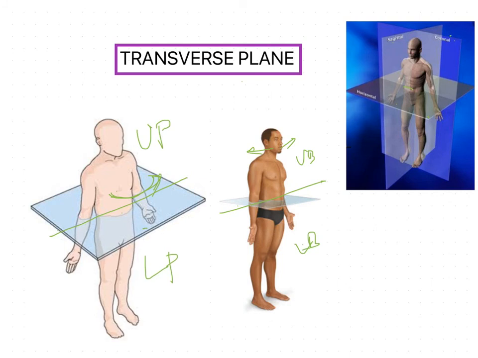So these are the basic anatomical planes. In the next session we are going to discuss some of the terms describing the direction and location of a part with the help of the anatomical position. We can call them descriptive terms, which indicate the direction and location of the part.